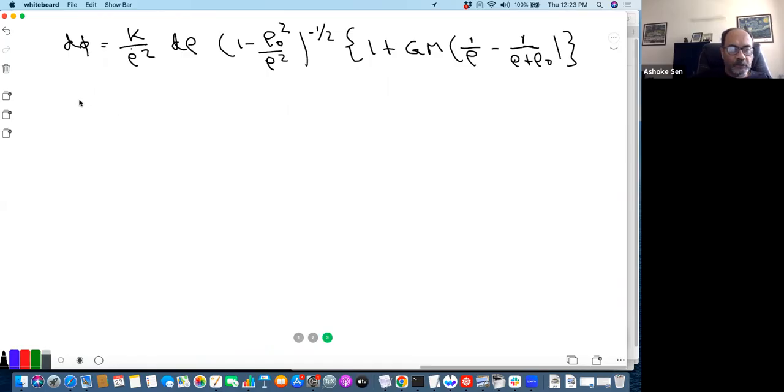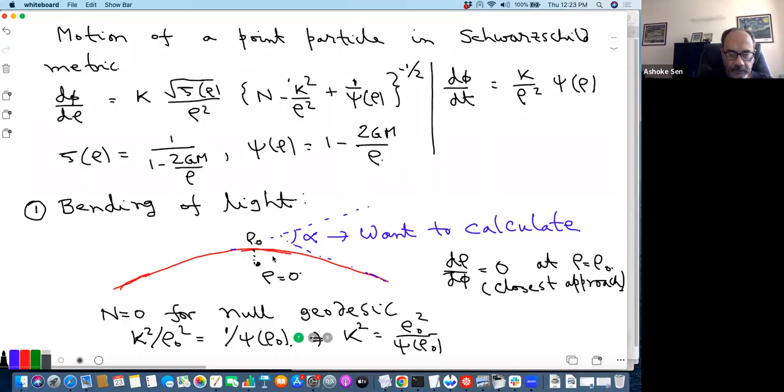So now the total change in phi, delta phi, I can calculate as follows. You see the ray of light comes from infinity, reaches rho 0, and then goes back from rho 0 to infinity, right? So look at this geometry over here. So to calculate how much is the change in phi as the ray of light goes like this, we can just calculate twice the change starting from rho 0 to infinity,